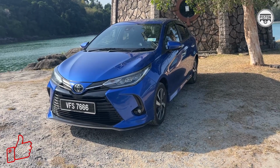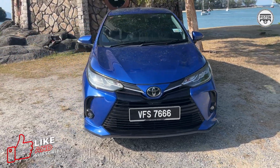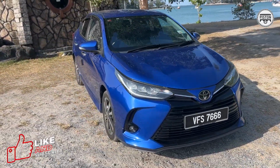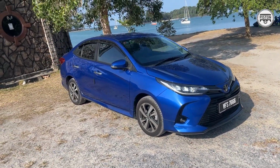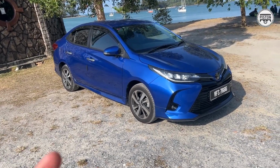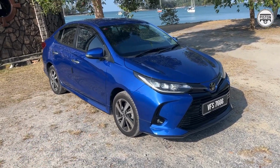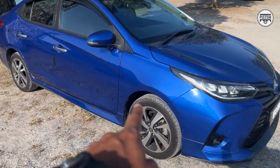So this is the third generation Toyota Vios. It looks good, there's no doubt about it, especially under this beautiful morning Langkawi sun. This blue is gorgeous and, well, it just looks like it's in need of an update. There's nothing ugly about it, it just looks old and dated. You get those 16-inch wheels,